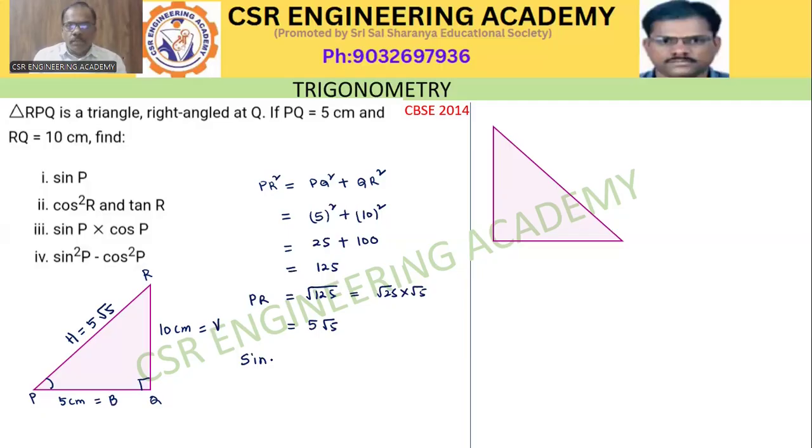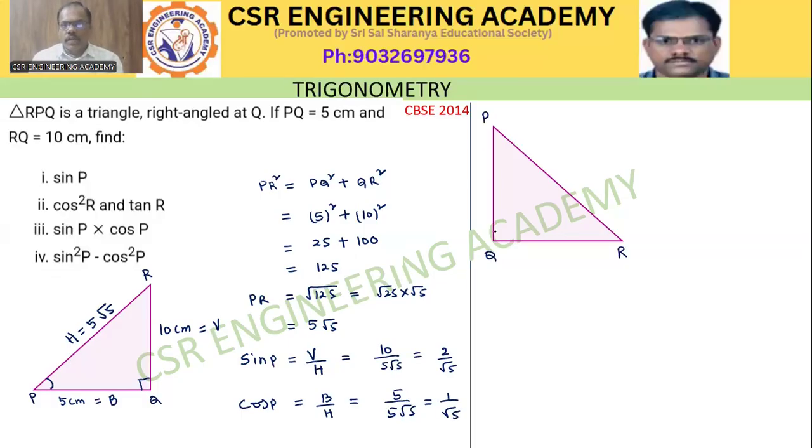Sin P is equal to vertical side by hypotenuse, that is equal to 10 divided by 5 root 5, that is equal to 2 divided by root 5. Cos P is equal to base by hypotenuse is equal to 5 divided by 5 root 5 is equal to 1 by root 5. Triangle